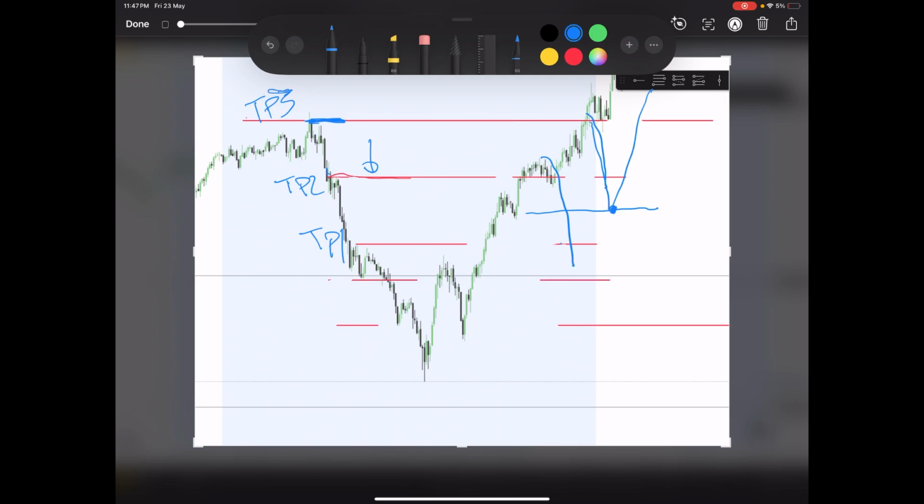Take profit 2 and take profit 3. We need to expect at least one of the profit areas to be swept. Keep it in mind that as soon as the price action takes one of these take profits, we're going to expect a huge reversal back from it, a huge drop in liquidity,